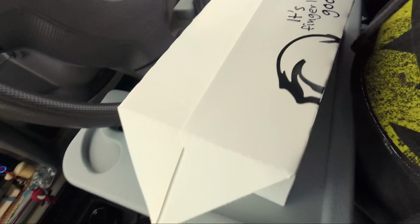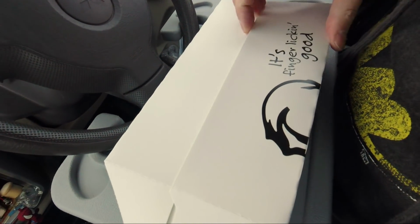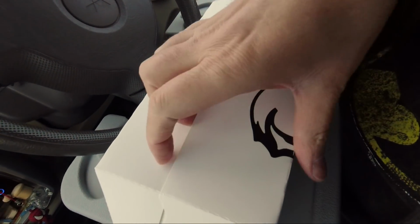Today I've got something called a Karaguchi honey chicken. So what it is, it's spicy and honey mixed together. Let me bring you in and I'll show you what I got in this big old box. There were a few different sets that I could get. The one that I chose was called the Karaguchi